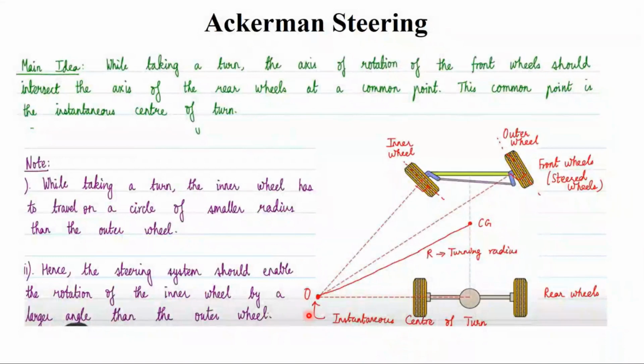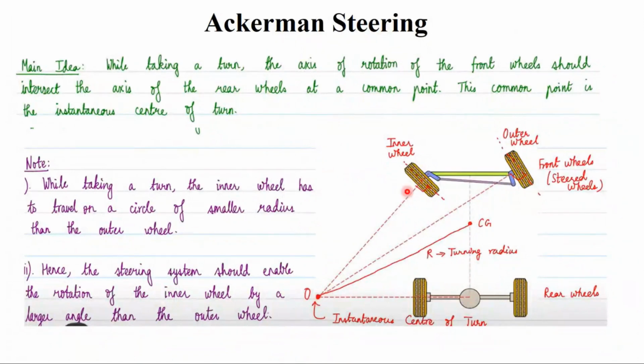I am going to call this center of turn the point O. And we have two wheels, the inner wheel and the outer wheel. Now I'm going to connect the instantaneous center O